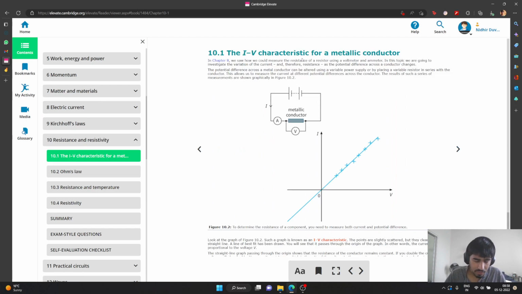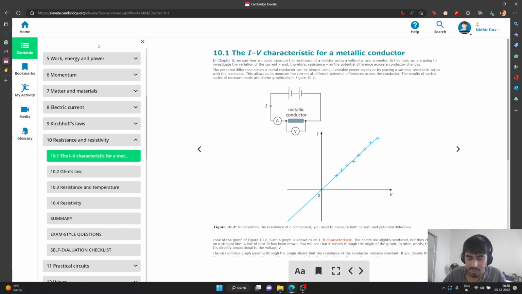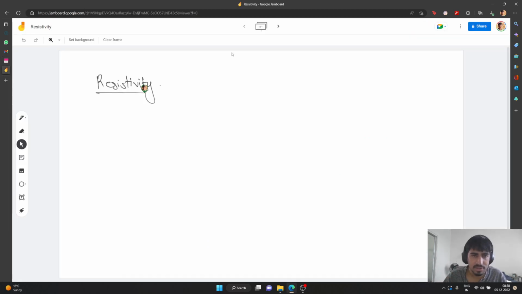So the first thing that we talk about is something called an IV characteristic. So IV characteristic is nothing but something like this, right? So you have a circuit like this. So you have whatever component you want to measure. It can be a resistor, it can be anything, right? Let's just call it a component,